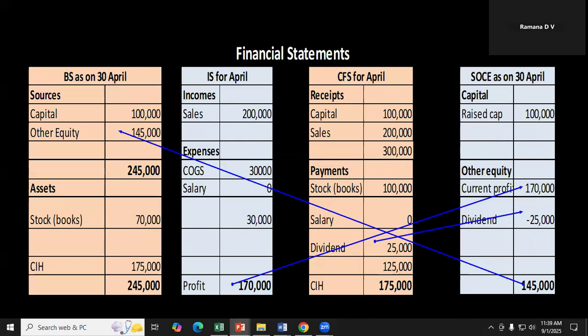And whenever a company declares dividend, we can see a hypothetical impact on the financial statements. In the cash flow, there is a payment of 25,000, and the dividend is shown as a reduction in the other equity in the statement of changes in equity, and the balance of other equity will appear on the balance sheet. So this is just to show the interrelationship between the financial statements and also the impact of the dividend on